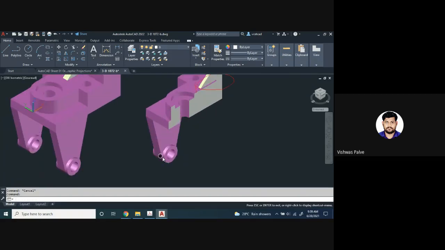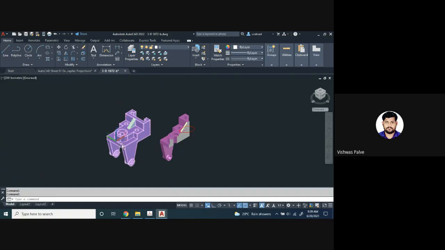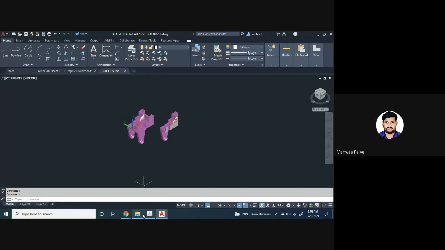Now we have to draw a sectional front view, normal top view, and normal side view. The only change is that whenever we draw a sectional view, only one view will be sectional, and all other views will be as they are. No need to draw a sectional top view. It will be just a section line we have to show. We don't have to remove the material in the top view, because they are saying to draw the sectional front view, only the sectional front view and hatching lines will be shown in that view. And the remaining views will be as they are.